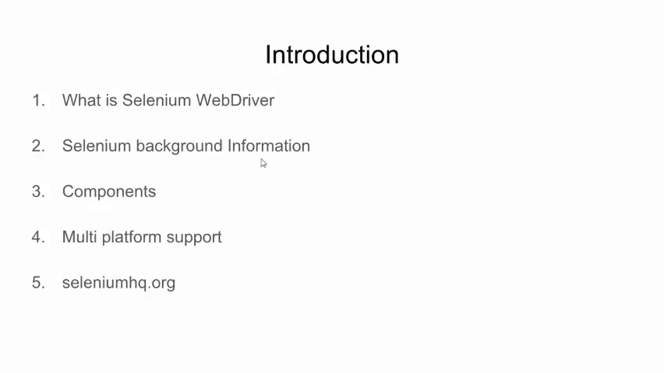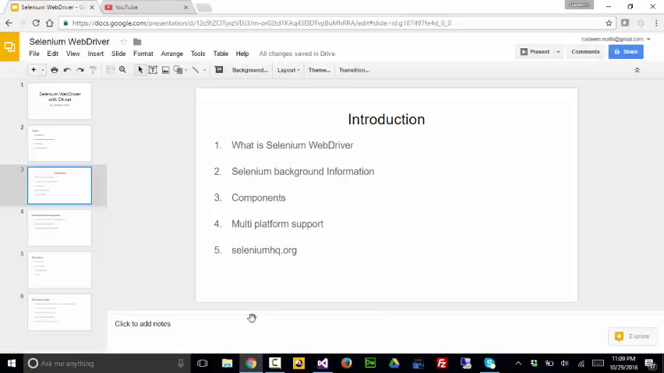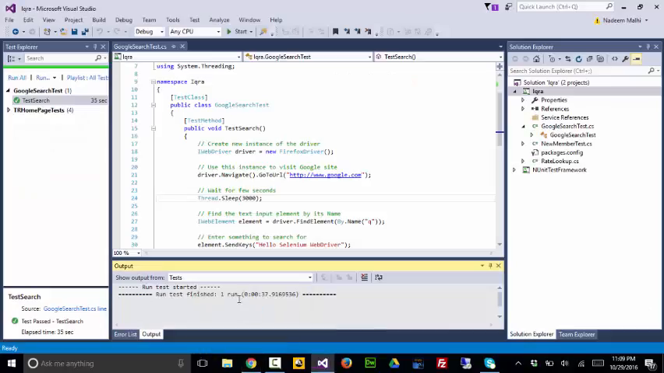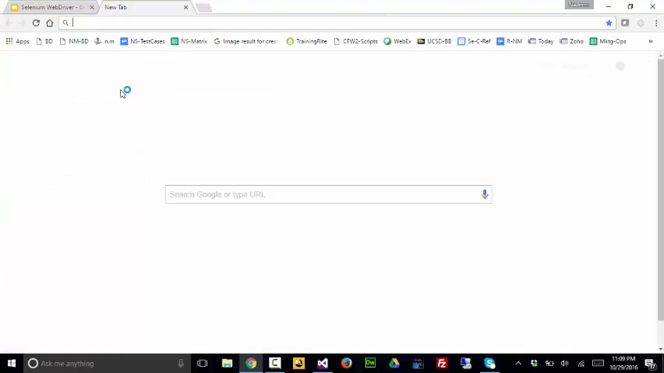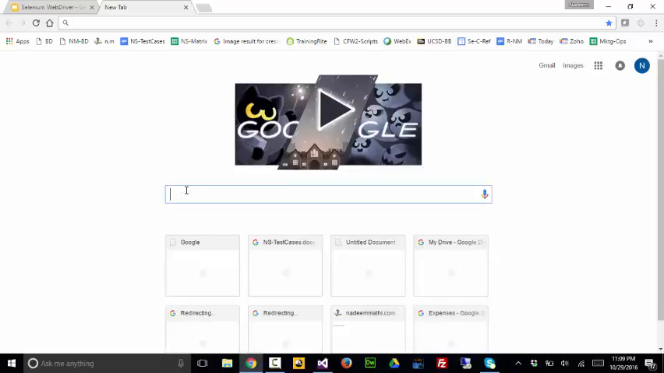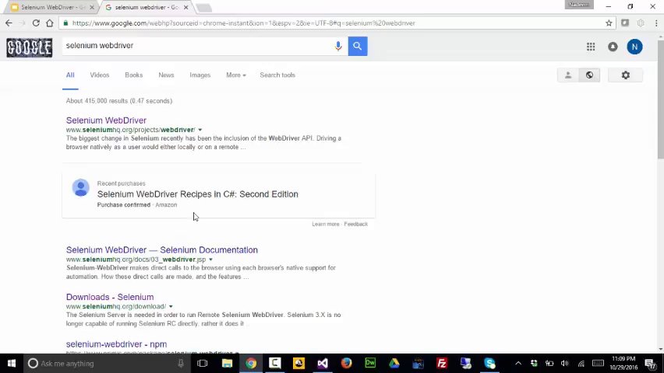One important website which you should know is SeleniumHQ.org. So if we go to Google and type Selenium WebDriver, the first site which will come on the top of search results is Selenium WebDriver